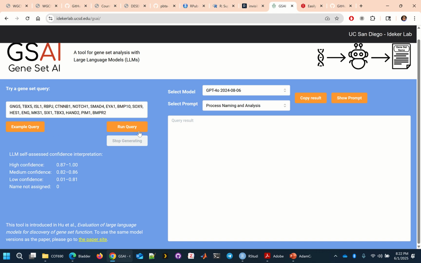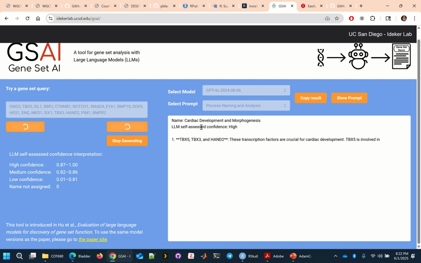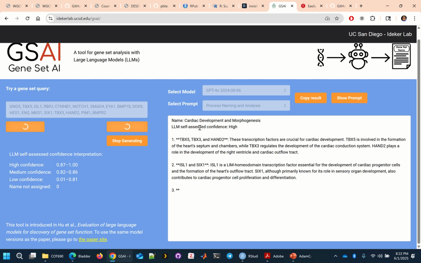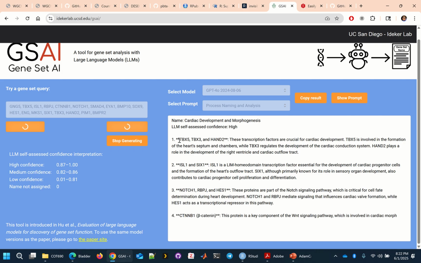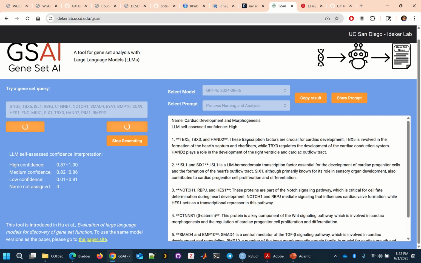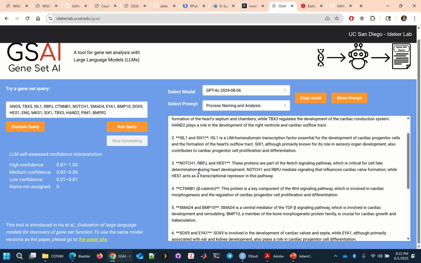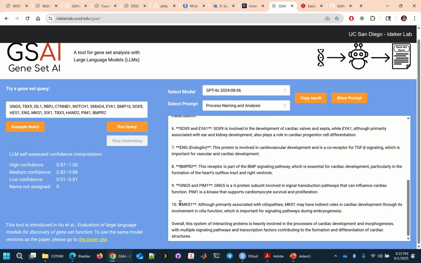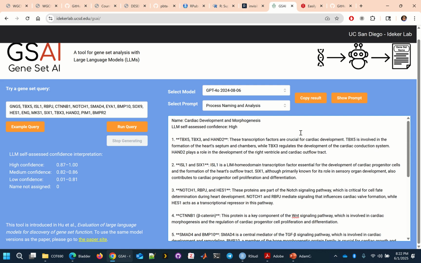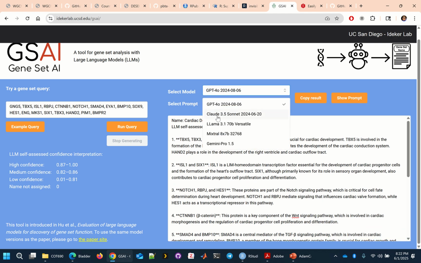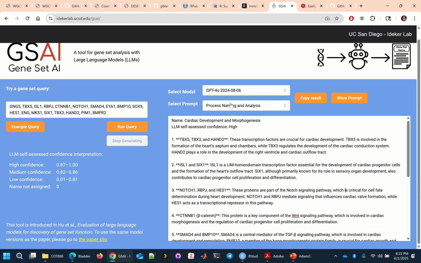So let's do an example here. This is the result that's coming back. It's saying, all right, these three genes here are transcription factors related to cardiac development. These two are transcription factors for cardiac progenitor cells. So that's the idea: you paste in a list of genes, it tries to find commonalities amongst the genes, or otherwise tries to explain to you their biological role. There are all kinds of options here of different AI